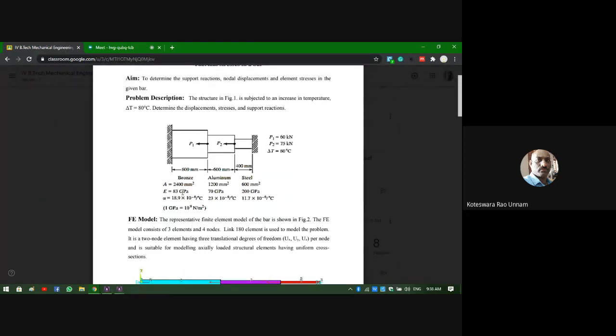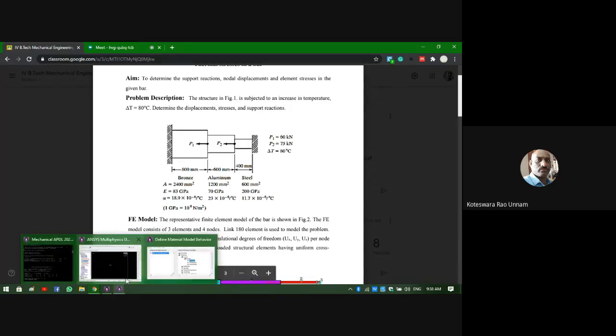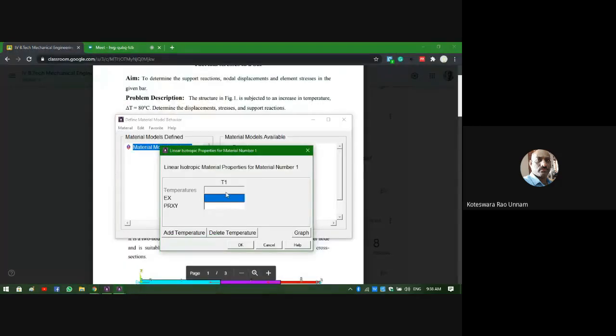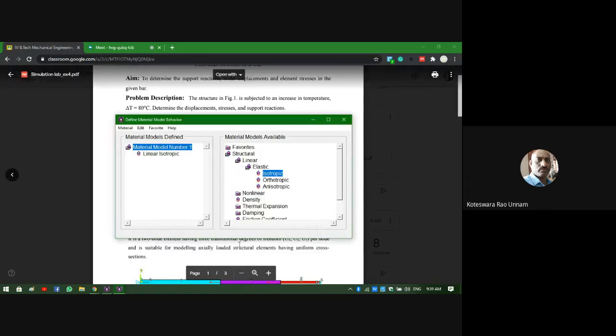To convert that into MPa, since 1 MPa is 1 Newton per meter square, 83 into 10 power 3 is the corresponding MPa value. So here I need to enter it as 83E3. Coming to the Poisson's ratio, since it is a one-dimensional problem, I can simply take the Poisson's ratio as 0. He has not mentioned anything about the Poisson's ratio value, so I'll take it as 0.